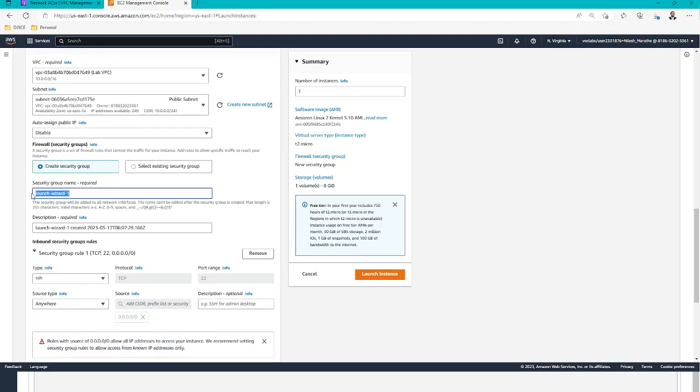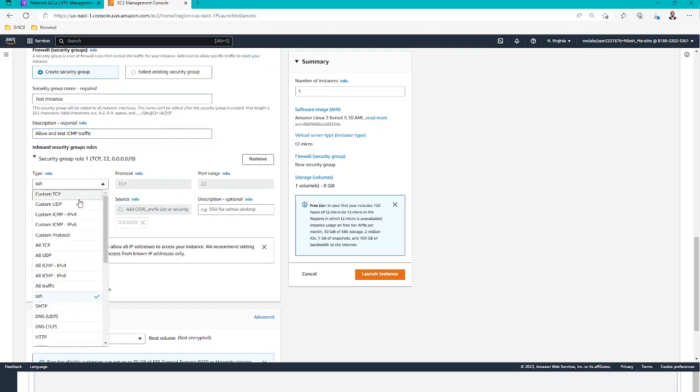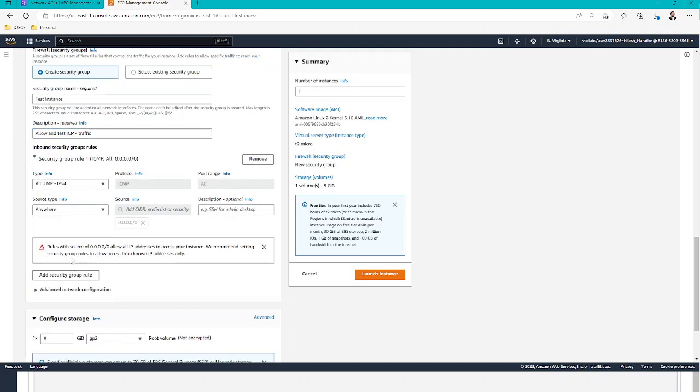I will give the security group, that is test instance allow and test ICMP traffic. So I will just add all ICMP IPv4,